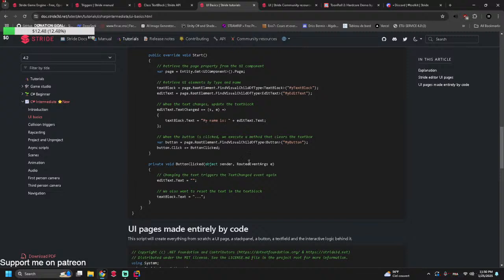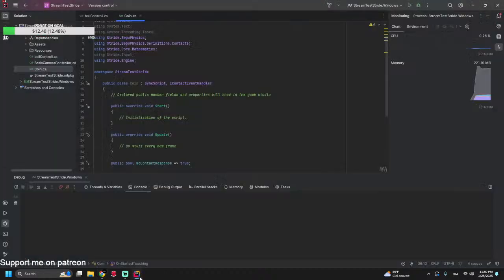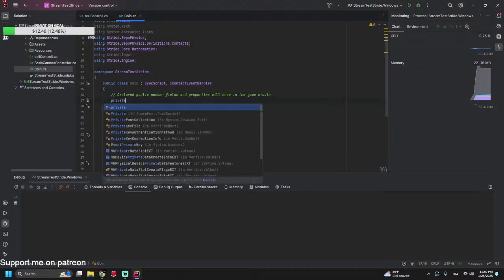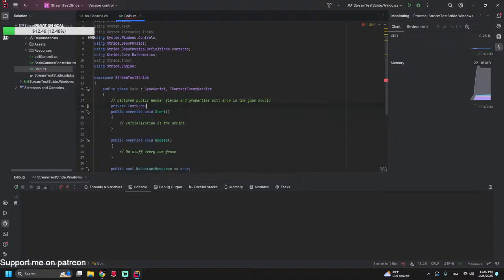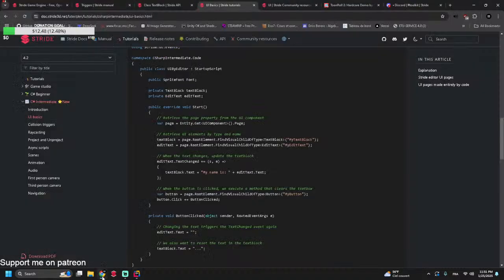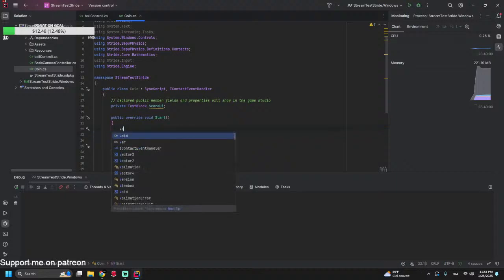Okay, so let's just add private text block, score UI. Let's add it in the start section in here. So var